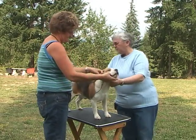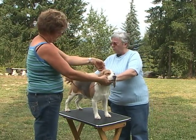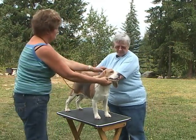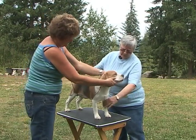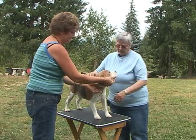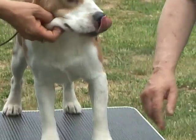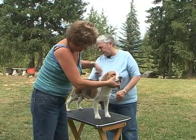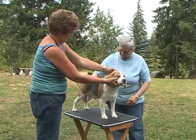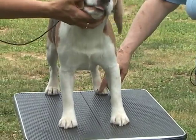I want level top line, tail set more or less level with croup, good layback of shoulder, straight through the pastern, elbows straight, not in or out, feet pointing forward, good angulation in the stifle. I want the pastern to be fairly short. I want nice tight paws,